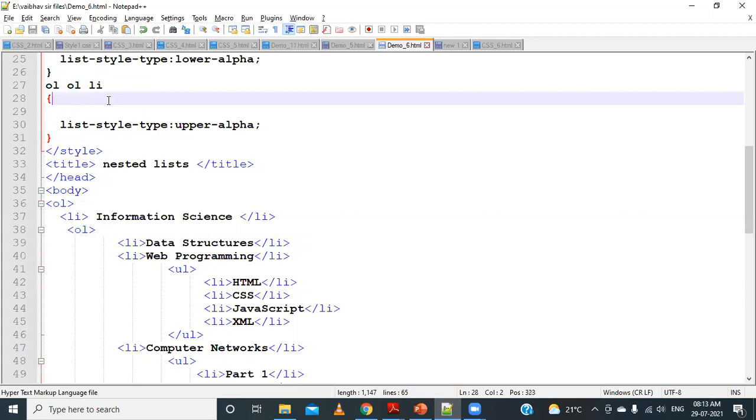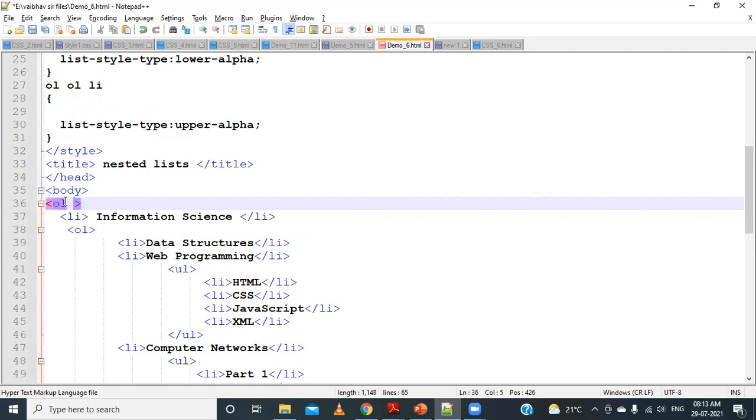So like this, whenever we are doing nesting, we can use it in this way. And for the others, for example for this, I can use a class.